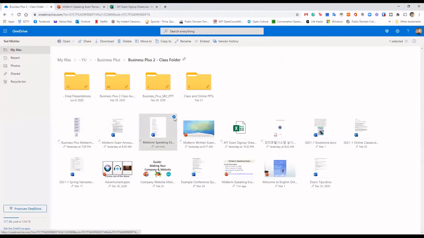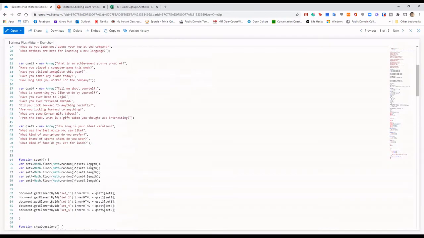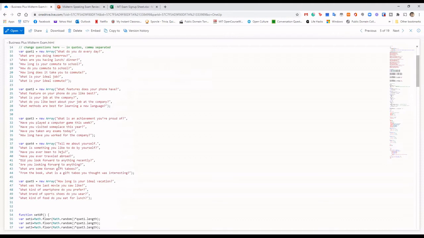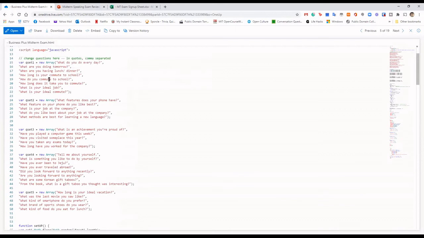All right, so here is what I'm talking about. And you can use this once you know who you're going to be doing the test with, you can use it to study. So you'll see the very first thing with question marks. Now, if you open this in here, it won't work. You'll just get the code, what it looks like, and you'll see the questions here. These are all the questions that I just showed you divided into 5 sections. So there would be one question from here, random, one question from here, one from here, and